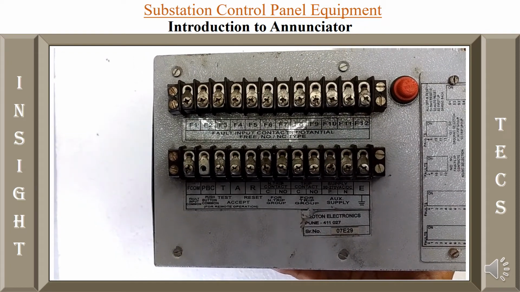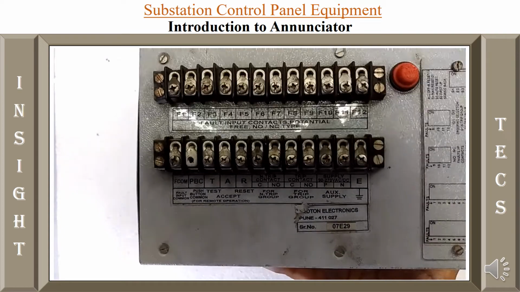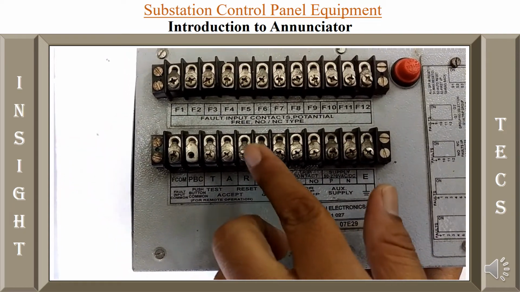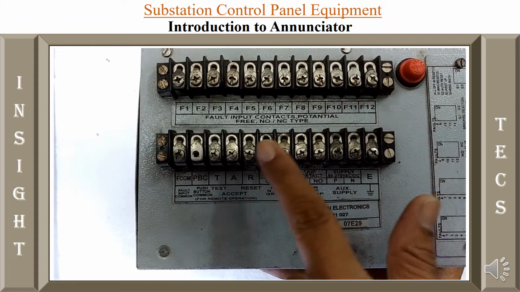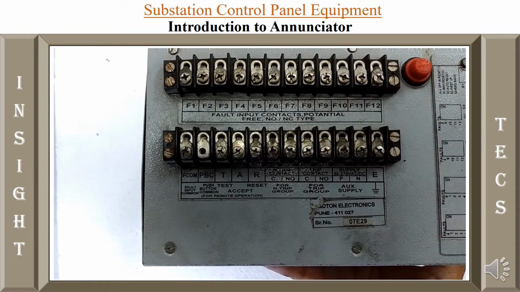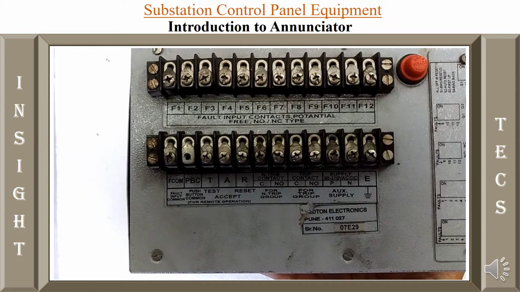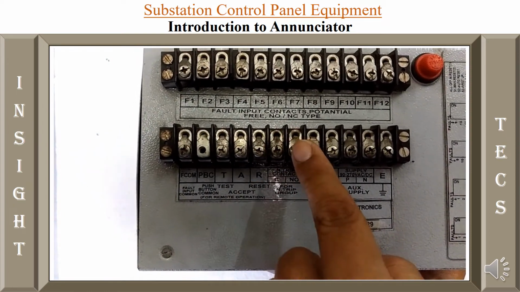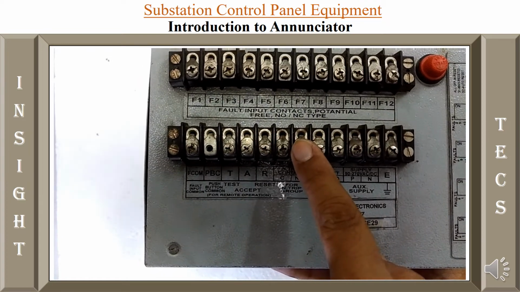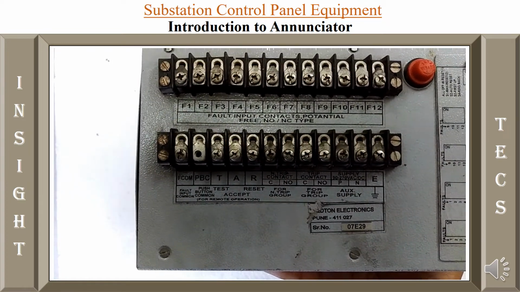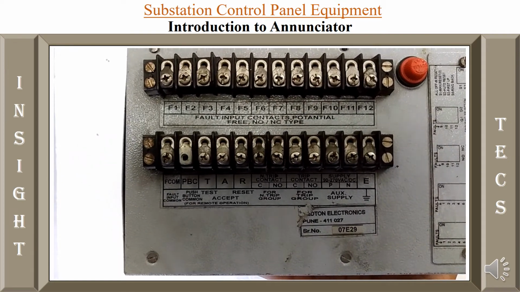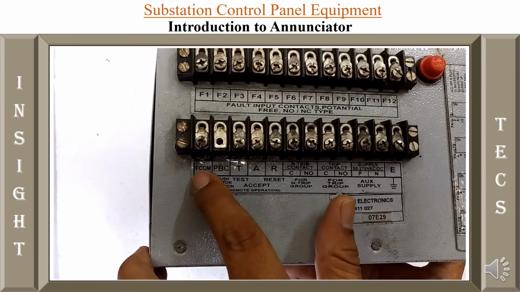You can short the non-trip contact C and NO, and that will be connected to the hooter. Okay, and that will indicate if there is any fault on this particular window you have configured, right? So that is how you can use this non-trip contact and trip contact. Whenever these two contacts are short circuited, the hooter will sound and the alarm will be indicated on the front side window of the annunciator.